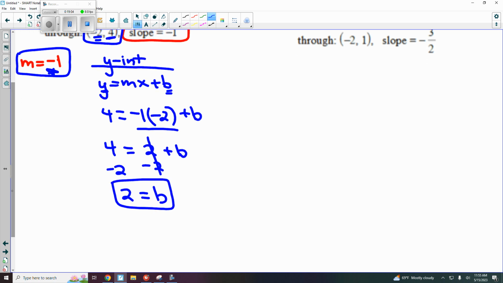So now I have m is negative 1, b is negative 2, or sorry, positive 2, that was my thought, b is positive 2. What's our final formula? We're going to say y equals,